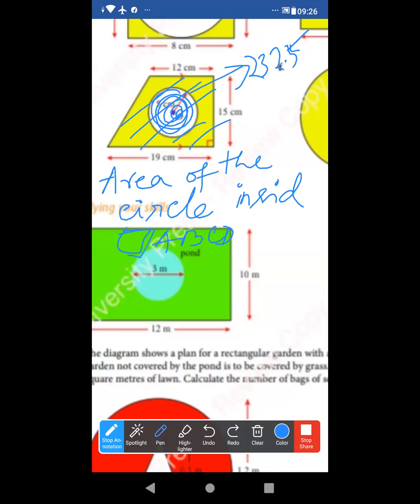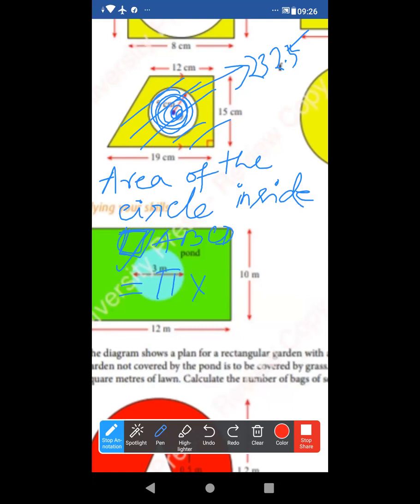This is the sign of quadrilateral, you can put it as inside the quadrilateral ABCD. Basically, if you put this sign, it means trapezium is also included in this, and any quadrilateral too. So no need to write the trapezium, okay? Ma'am, do we have to write it in bracket? No, not in bracket. Area of the circle inside quadrilateral ABCD is equal to directly pi into, let me take red color.